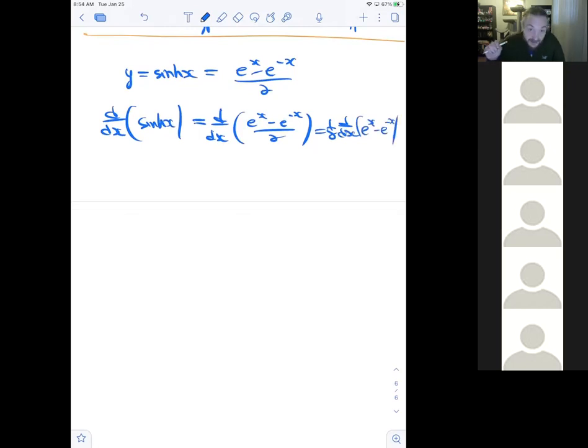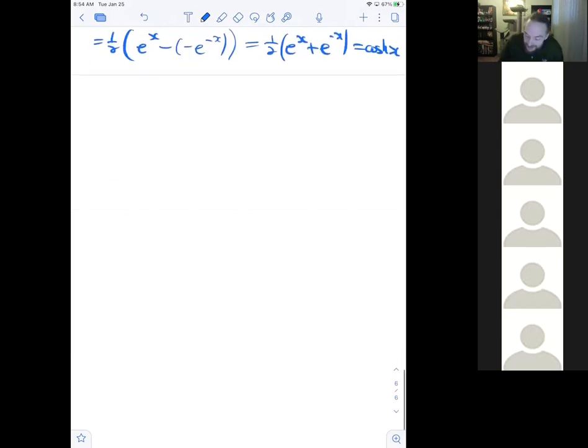And I can split that as a sum. So what is this? It's supposed to be a 1/2. That's going to be equal to 1/2 e to the x, and then minus negative e to the negative x by the chain rule. So that's 1/2 e to the x plus e to the negative x, which is, of course, by definition, cosh x. So what that says is the derivative with respect to x of sinh x is equal to